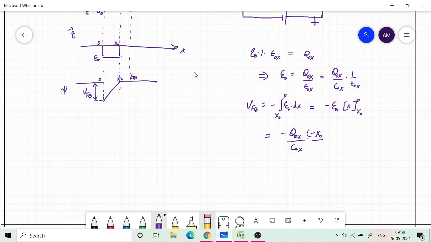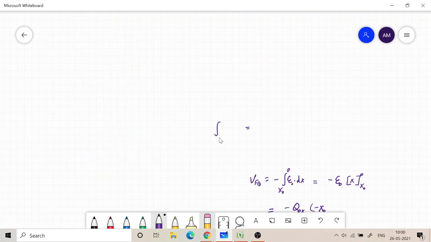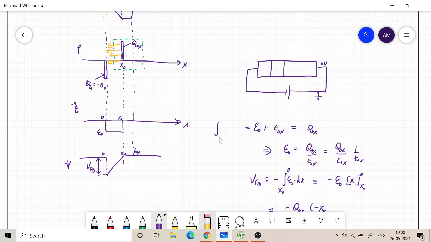Okay, I have made a mistake in the sign here. The electric field will be in the negative direction, and that is because of my surface integral. I had a surface integral here, E dot ds. Okay, so ds is a unit vector in the, okay, but that is correct.